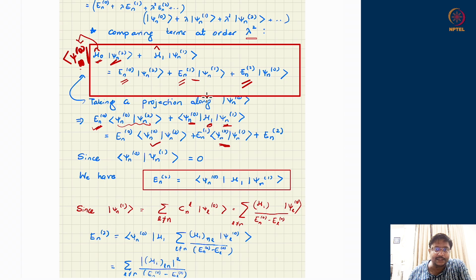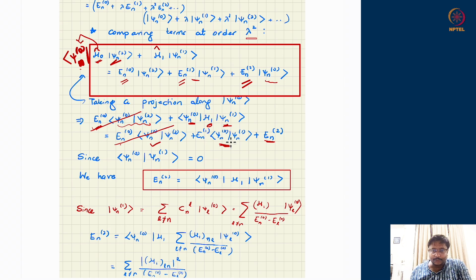And lastly, the third term En2 is also a number. It will not do anything. Psi n0 coming from the left will hit this psi n0. So the psi n0 coming from the left and the psi n0 already present on the right hand side will just overlap and give me 1, because it is a normalized eigenfunction. So I will just get En2. The first term is En0, psi n0 inner product with psi n2. The second term is En1, psi n0 inner product with psi n1. So you again see the first term on the left and the first term on the right are the same thing, so they will get cancelled.